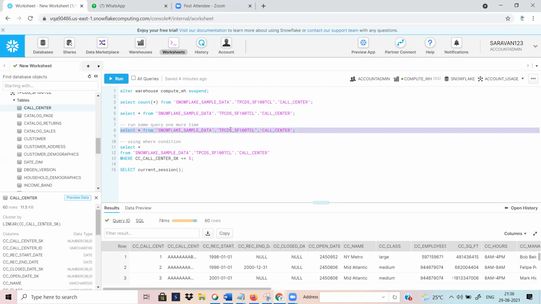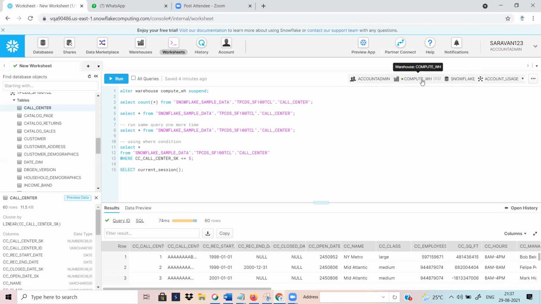One thing I need to clear up. Whenever we run queries, do we need to state the schema name and then the table name? Yes, I understood what you're asking. Here we have the data warehouse, the database and the particular schema.